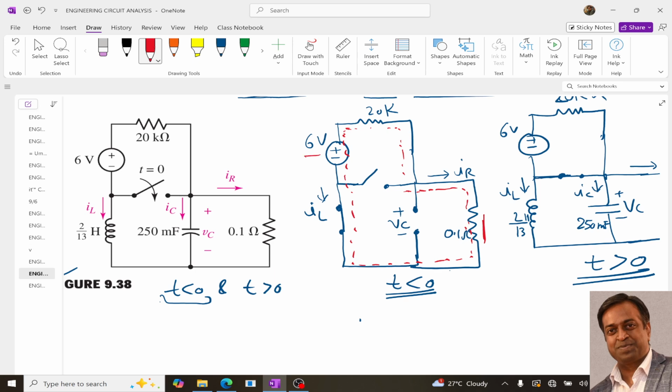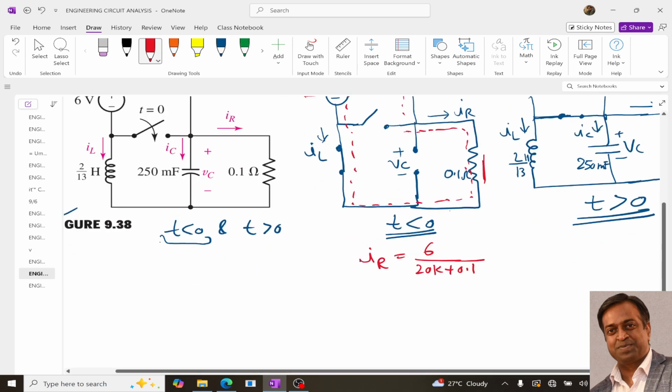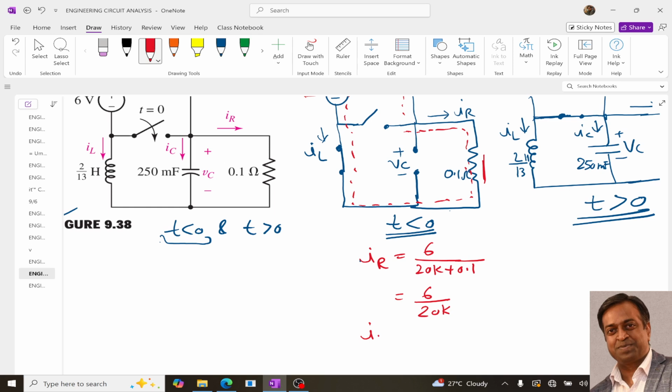With this we can determine the value of IR. This current IR will be total voltage, which is 6, upon total resistance, which is 20k plus 0.1. Now since 0.1 is very small in comparison to 20k, we can say that IR is equal to 6 by 20,